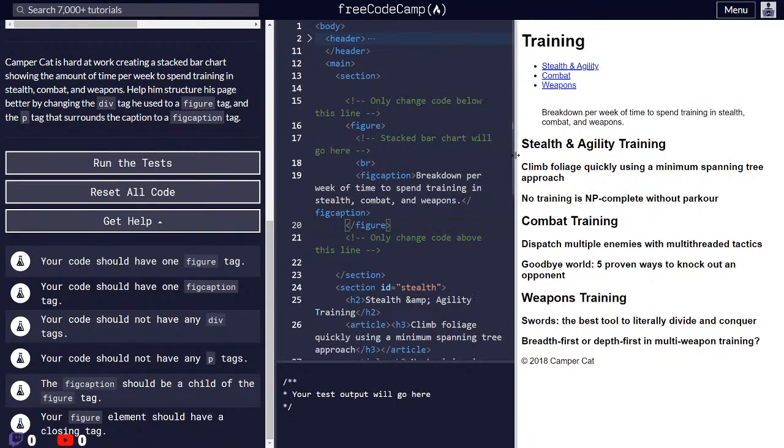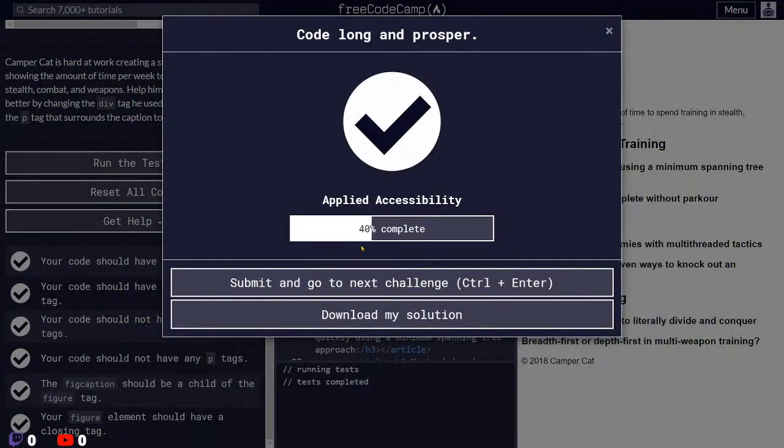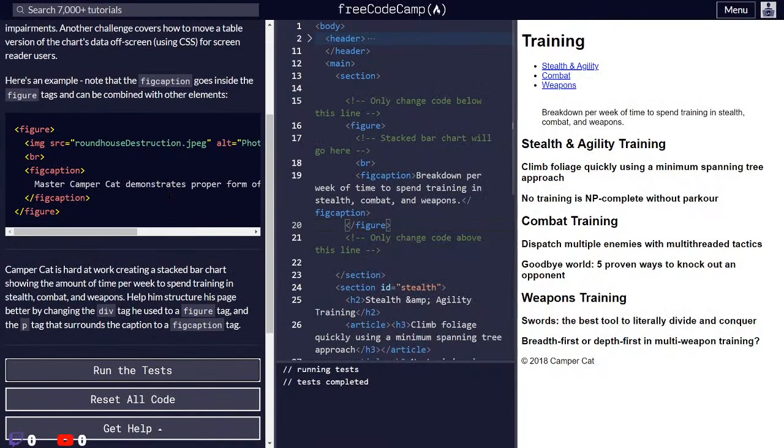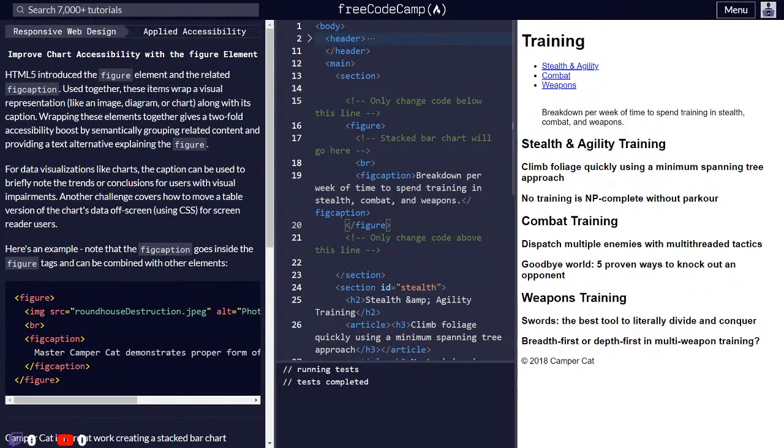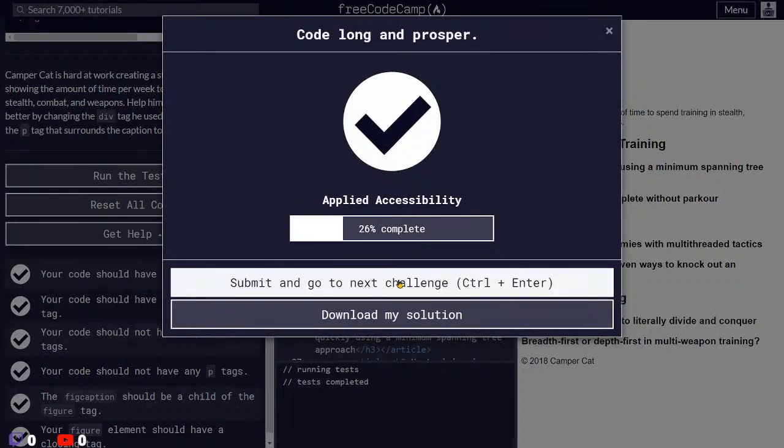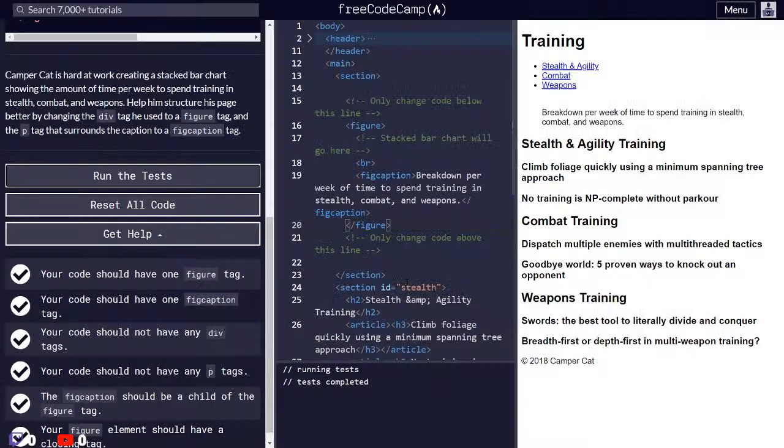I think this is treated as, so this is treated as a figure. Okay, so if you run the test and go to the next challenge,